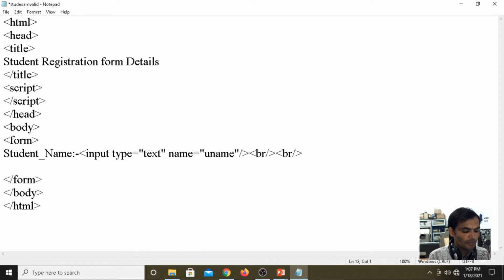Then I am creating one button, input type equals submit, value equals submit. The value name we can give as any name. For meaningfulness, I am giving the value name as submit. Control S.